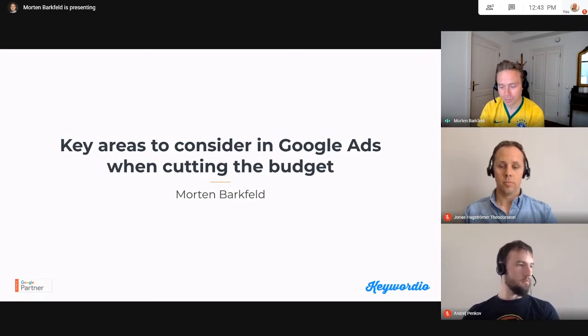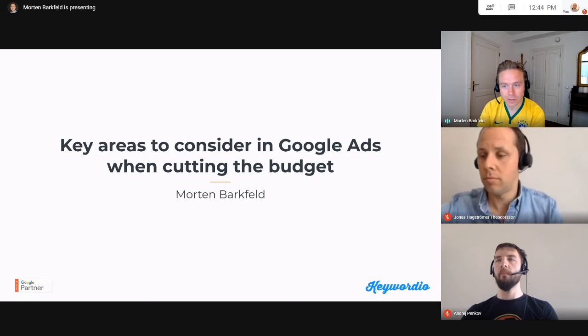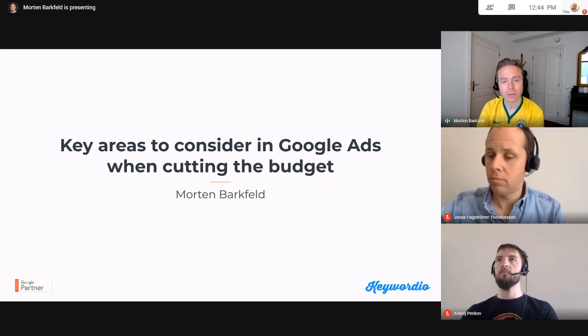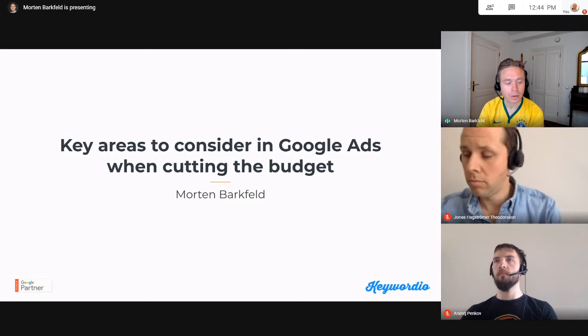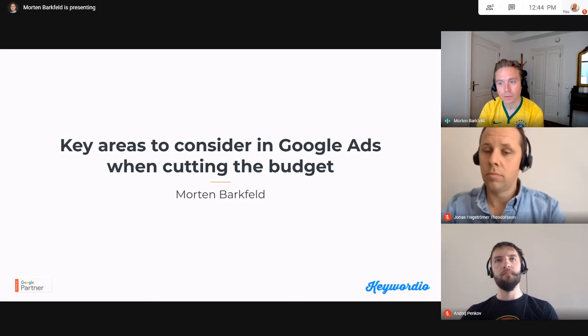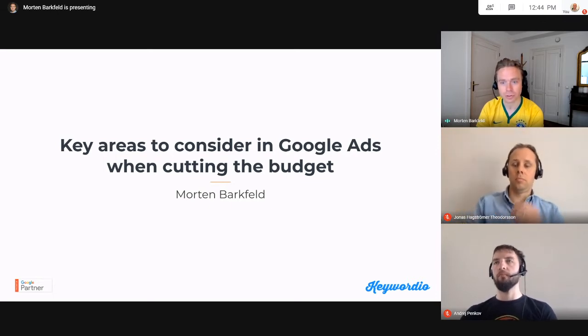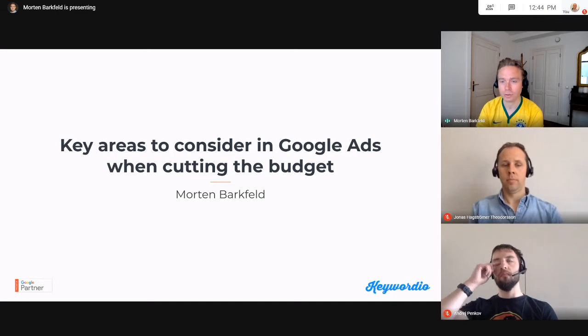But of course, we need to keep this a bit simplified, so we'll make some assumptions. We will now dig into Google Ads. Some of it you could say you can do for awareness, but I would argue that most of the people on this call are probably using Google Ads in the latter stages, so the lower end of the funnel. For example, Google Shopping is a great example of that. That is not so much to drive awareness, but more to drive purchases, right? You see an image of the product, you see the price, you see the link, and you see the title and all sorts of things. And also it has the most prominent space on the Google search results. So it's a very good place to be.